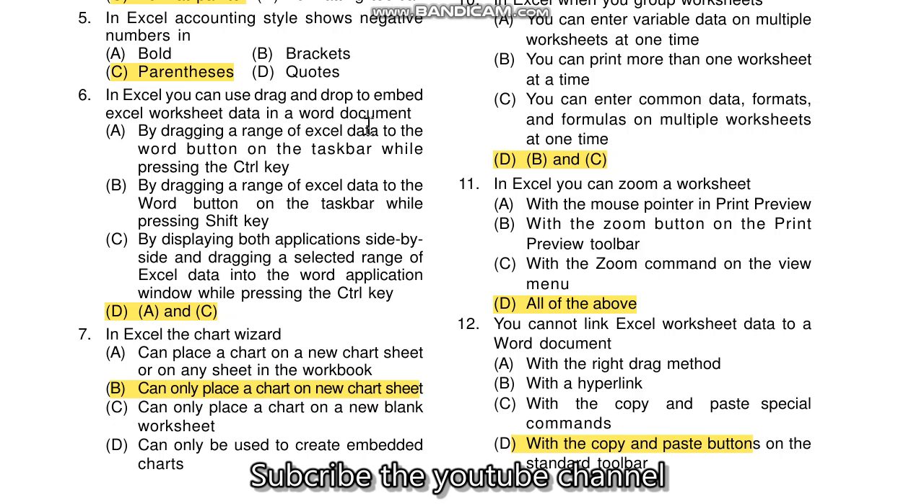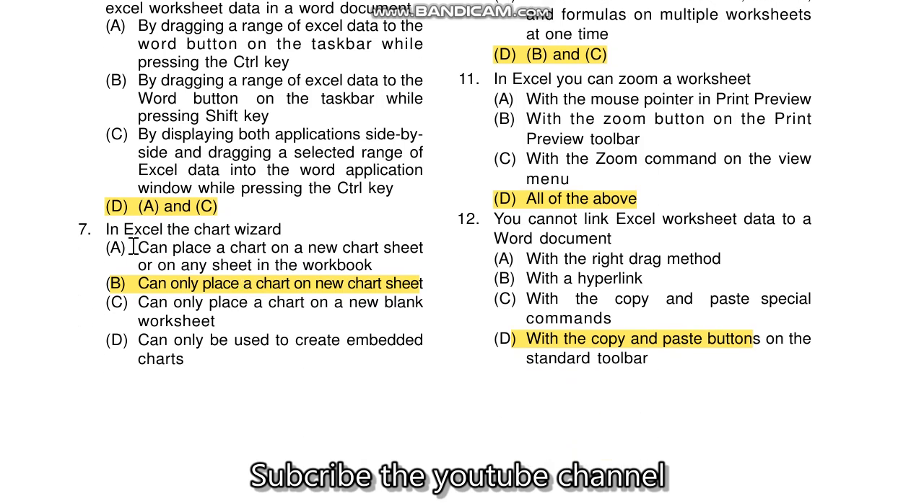data in the Word document क्या कहलाता है, A and C, by the dragging range of the Excel data to the Word button on the taskbar while pressing the control key, and the C is by displaying both applications side by side and the dragging a selected range of the Excel data into the Word application window while pressing the control key। Question number 7 है, in the Excel the chart wizard can only place a chart on new chart